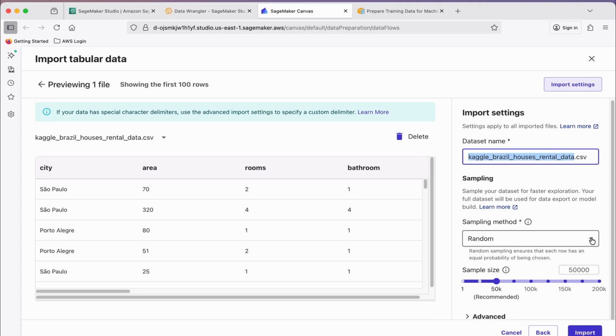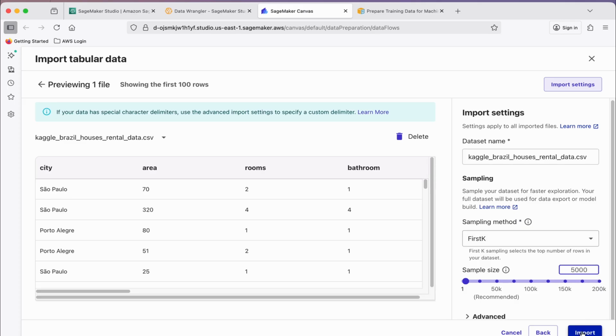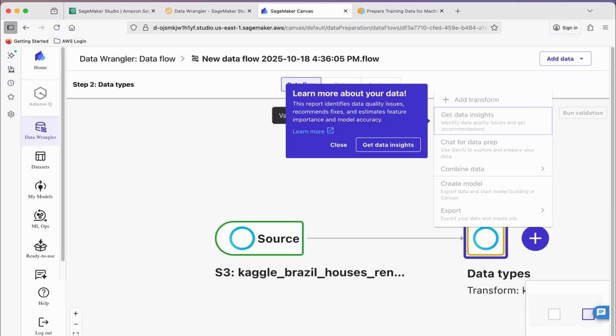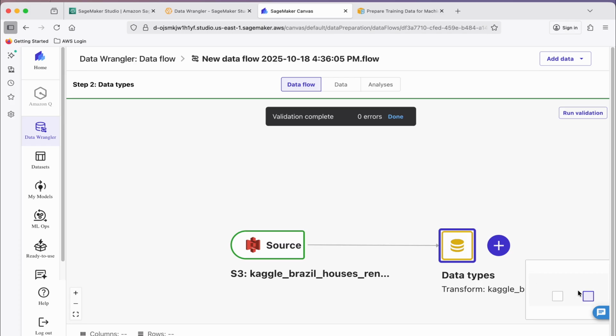Sampling method, I will take some first k samples. Instead of 50,000, I will just take 5,000. You can take 50,000 or more. So click on import. So here you can see that this particular dataset is downloaded, and if you want to